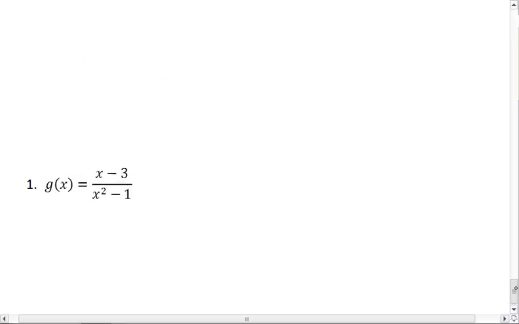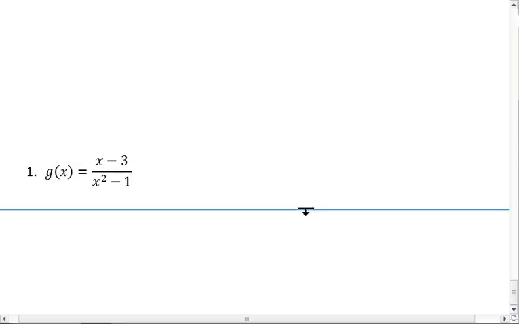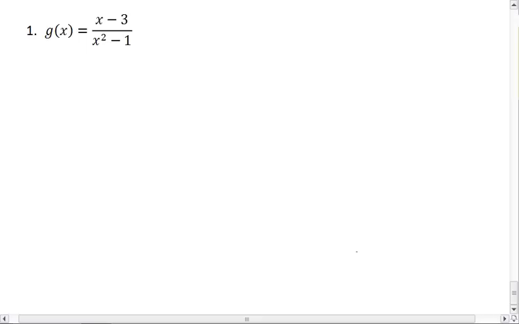Let's move on to the next one, which is when we have a variable in our denominator. So in g of x, we should pick out that denominator and realize that we cannot have a denominator equal to 0. We want to figure out then what values of x will cause x squared minus 1 to be 0. So we can factor, because this is the difference of squares,